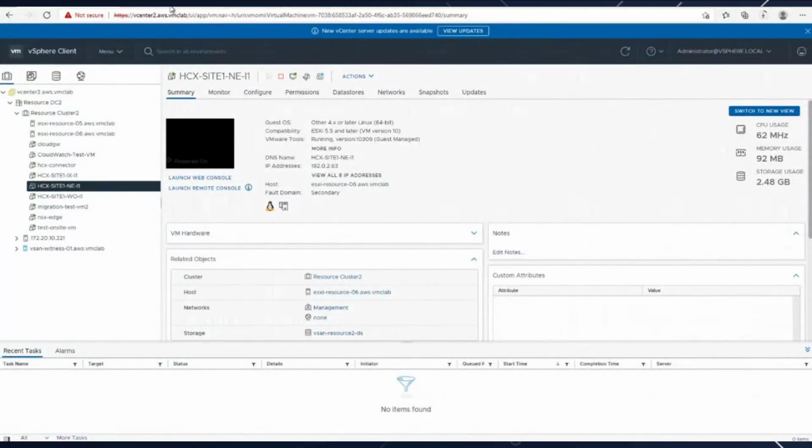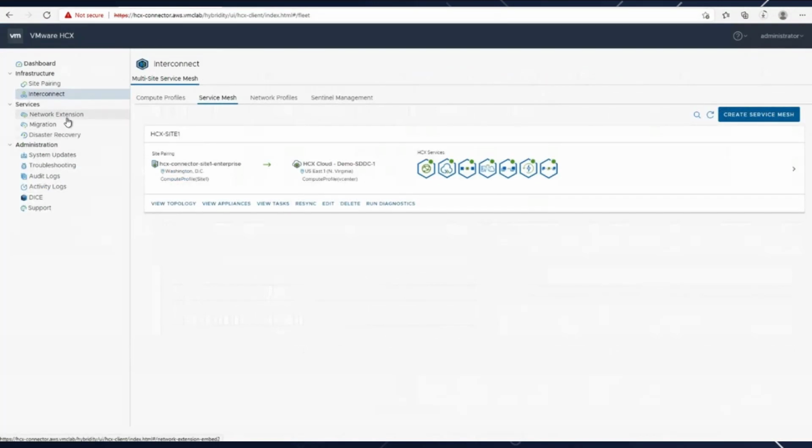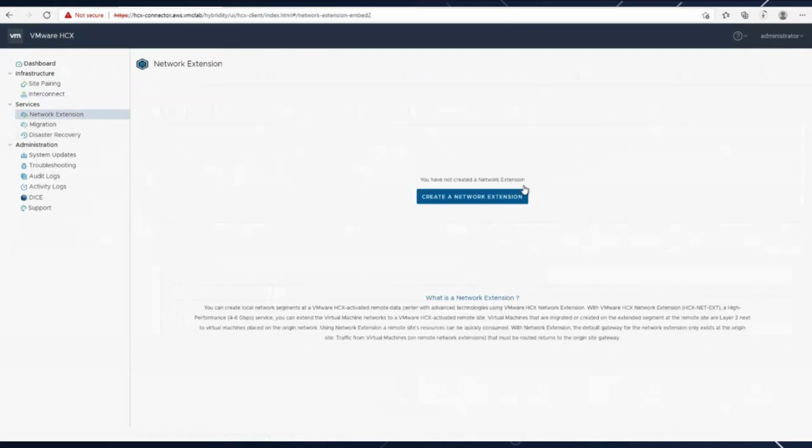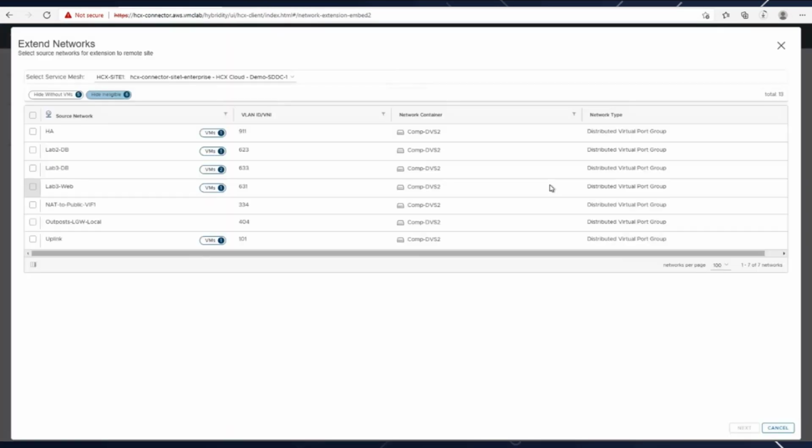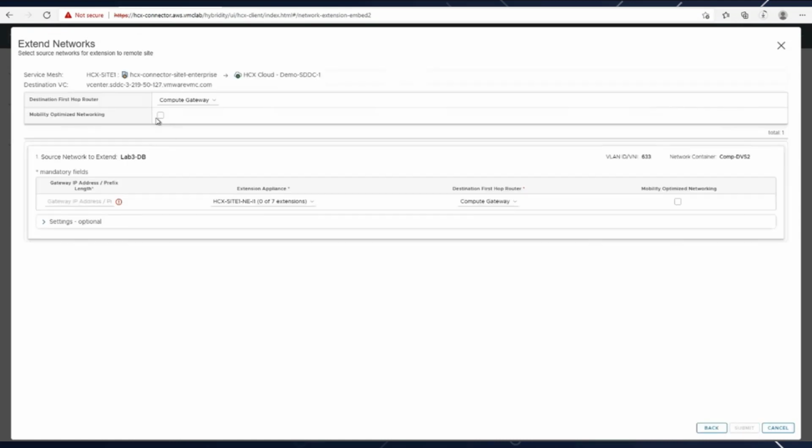So for that, we'll go into the network extension tab here and click on create a network extension. Okay, so now I'm going to select the network that I want to stretch. That's going to be lab3-db in this case. Click next. Select the destination site first hop router, which is going to be the compute gateway within VMware Cloud